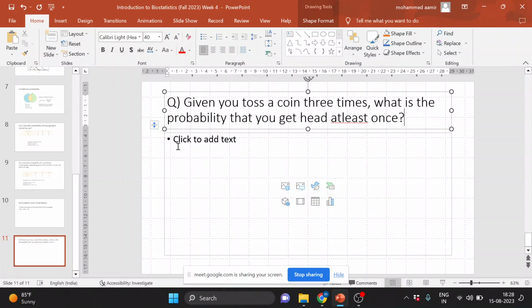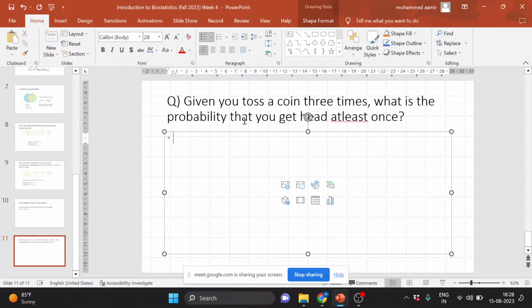Now, if you see, your events of interest are these. You can get head the first time you toss it, or you can get heads the second time you toss the coin, or